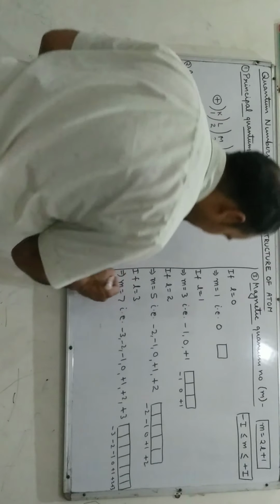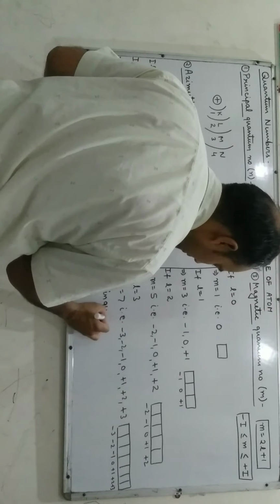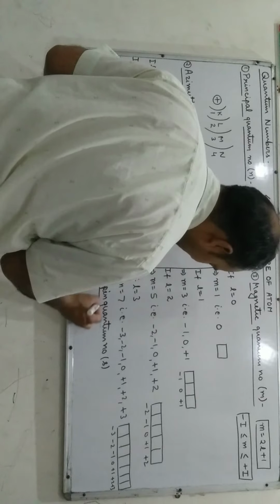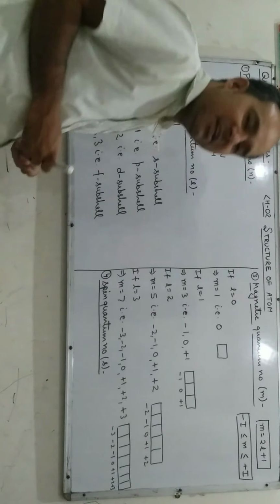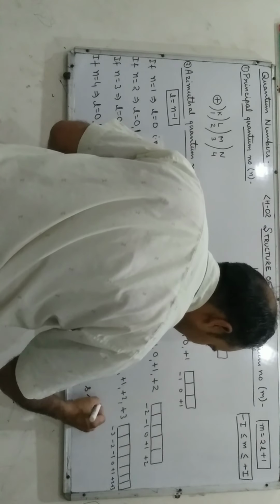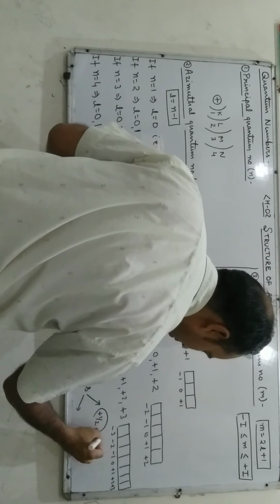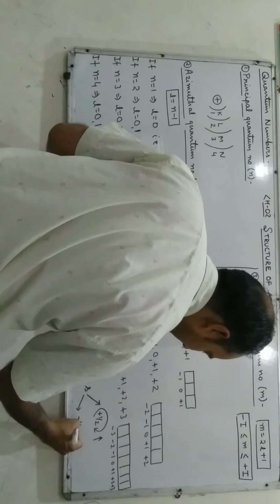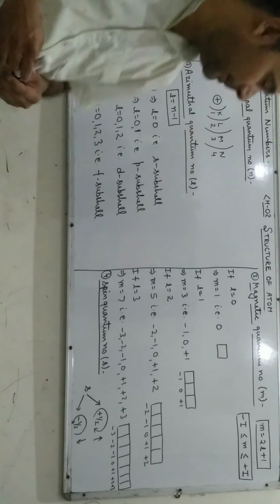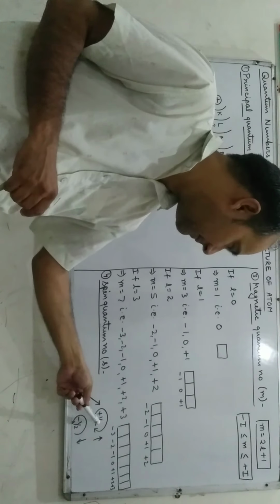Now let us discuss the fourth type of quantum number. It is the spin quantum number. The spin quantum number is indicated by the letter small s. It indicates the spin of an electron. It may be either clockwise, indicated by plus half or spin up, and minus half, anti-clockwise, that is spin down. It has two values: s is either plus half or minus half.